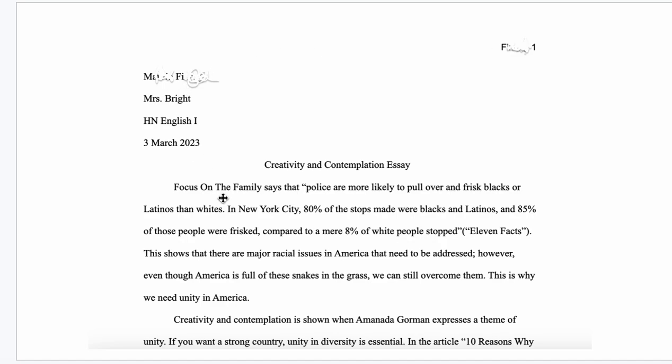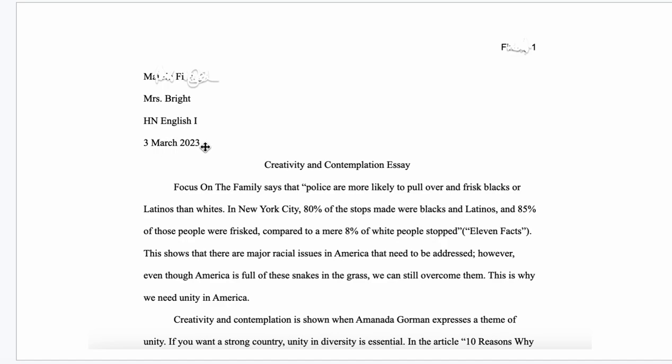The entire thing is double spaced, but there are no extra spaces anywhere. Not between the date and the title, not between your paragraphs. Instead, you should have one extra space in between everything, and you should achieve that by setting the formatting to double spacing. So you should have your first and last name on the first line, my name on the second line, the name of your class on the third line, the